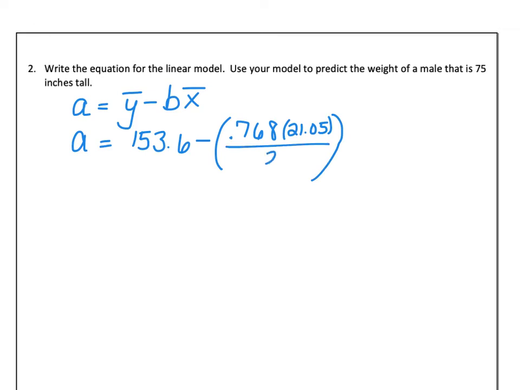divided by 2.18. Now I know I just got this value, but just out of habit, I often will type it all into my calculator because every time I round, my answer gets a little bit wrong. So I already had a rounded answer right here, and I don't want to round twice. And it's not hard to type this in the calculator. The mean of my x's is 71. All right, so pause, pick up your calculator, crank that out. I get an a value of negative